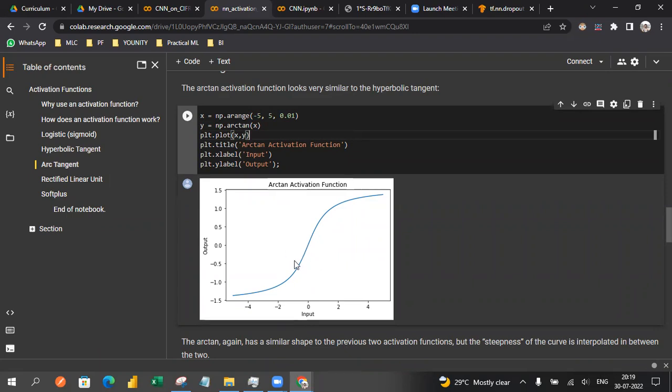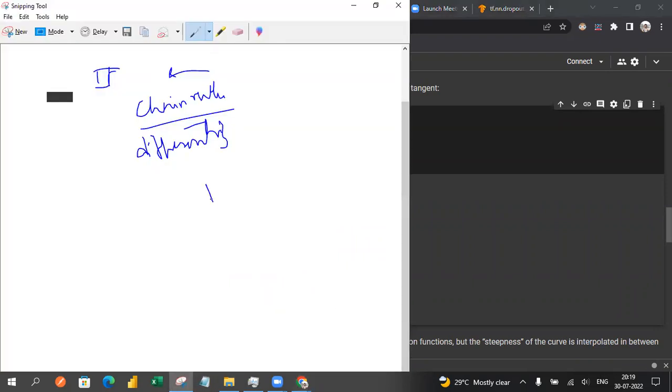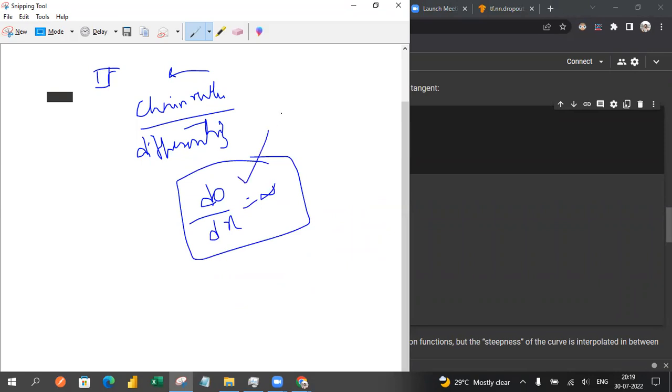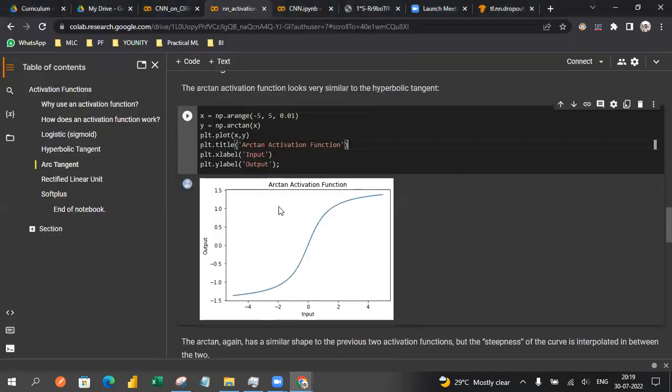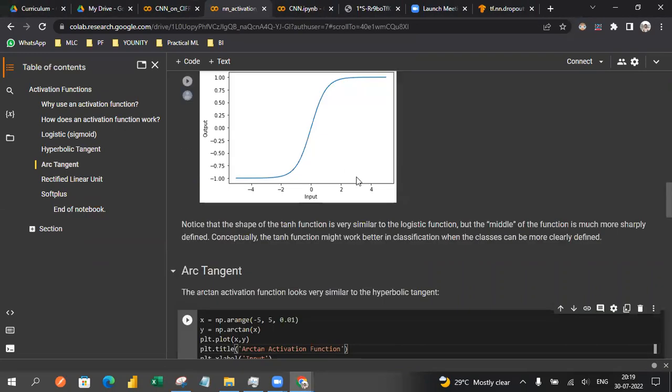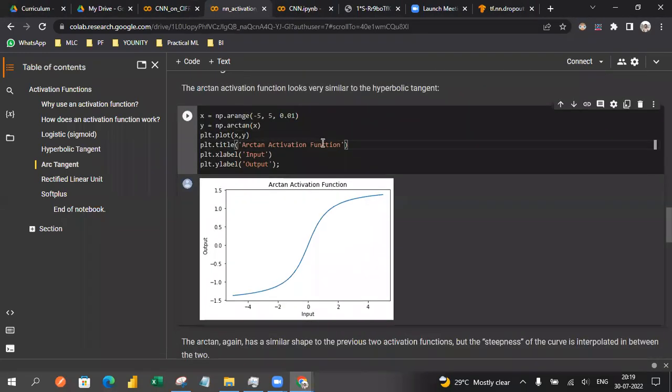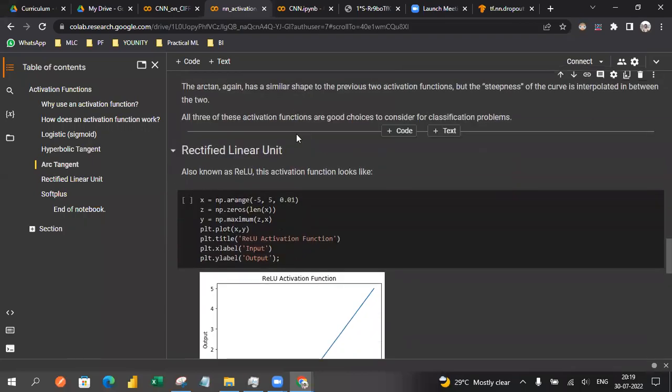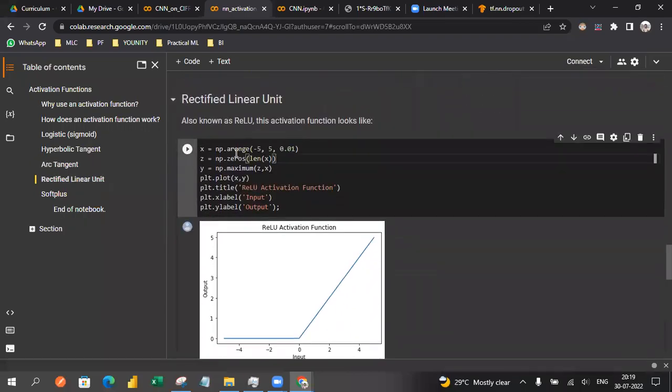If you have a value d of 0 by dx, it's obviously infinity when you differentiate at the zero kind of value. And it may not be controlled when you reach a zero value. This is one of the activation functions. In some cases, what will happen,